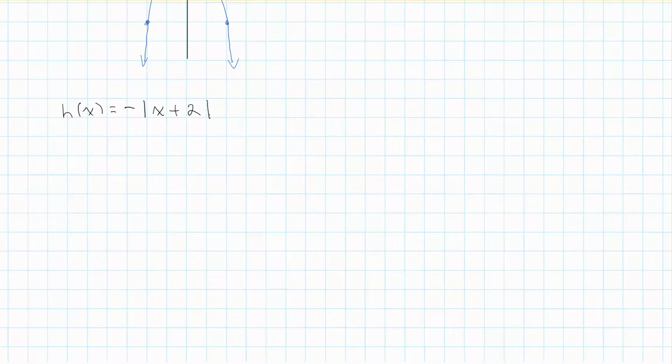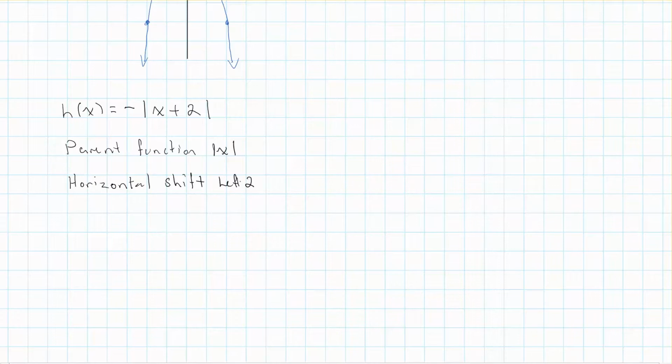But let's identify here again all the things we got going on. Parent function is the absolute value of x, and then we have a horizontal shift left 2, and then a reflection about the y-axis. Now, you can think somewhat of these as order of operations, but we have to be careful